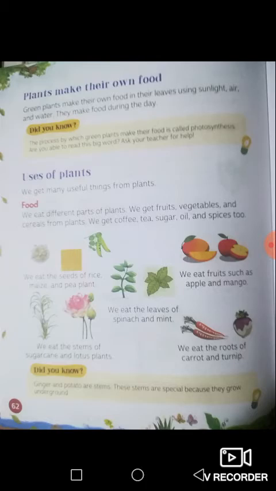many uses for plants. One of them is food. We eat fruits, we eat the seeds, like rice. We eat the leaves, like spinach. We eat the roots, like carrots and turnip. We eat the stems of the sugarcane and lotus plants as well, right? So,